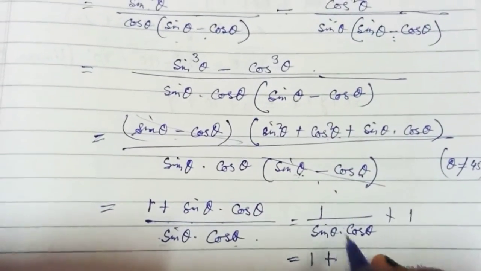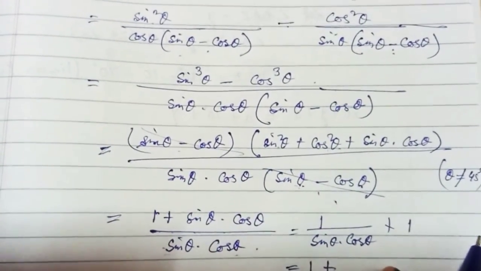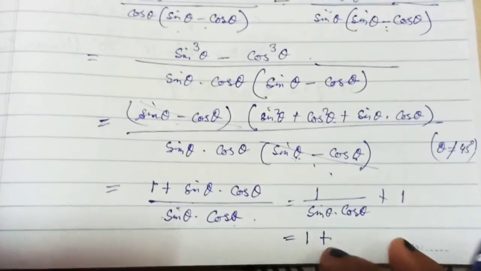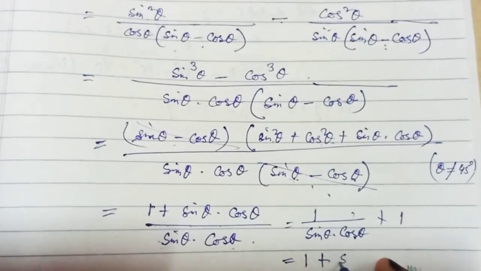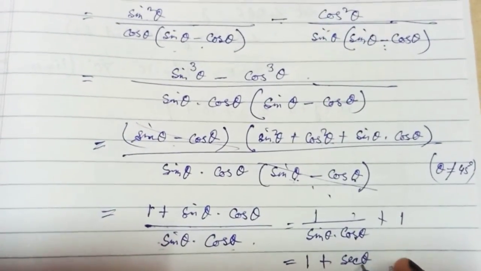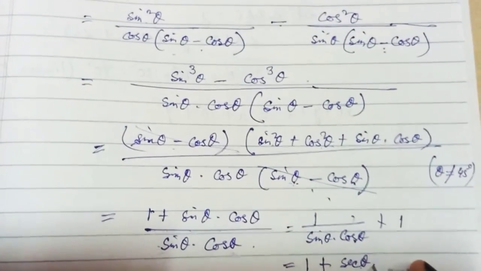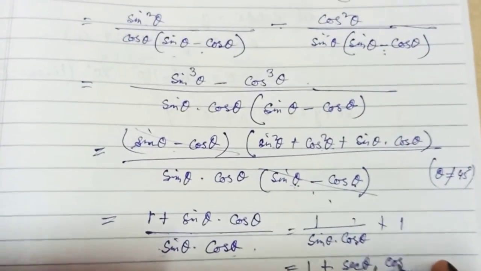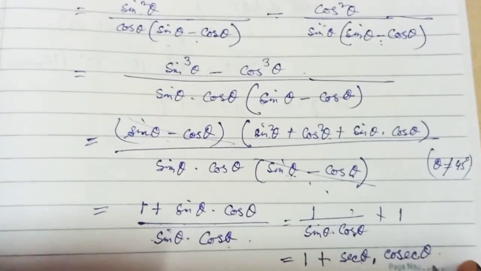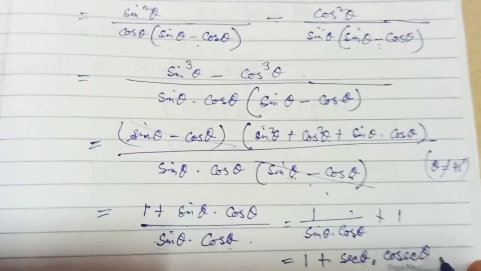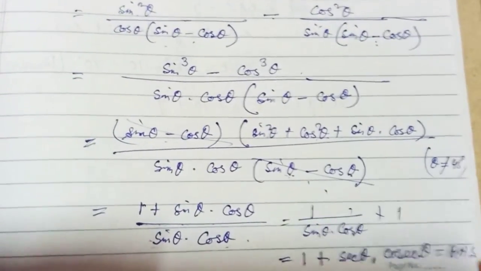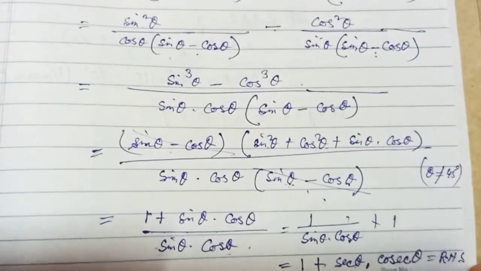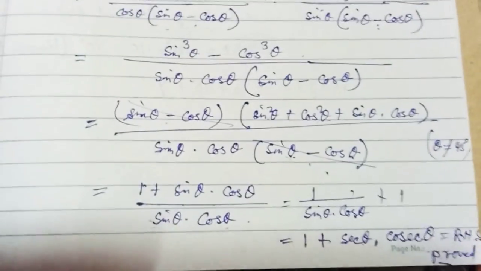So just we rearrange them. So 1 plus 1 upon sin theta cos theta, which we will write as 1 plus, then 1 upon sin is cosec, and 1 upon cos is sec. So sec theta, first we will write sec according to the given question. RHS side is there, na? That's why you can write cosec theta first and then sec theta. That is also correct because that is a product, na? So this is the RHS part, and that is proved. Okay, so this is the proof.